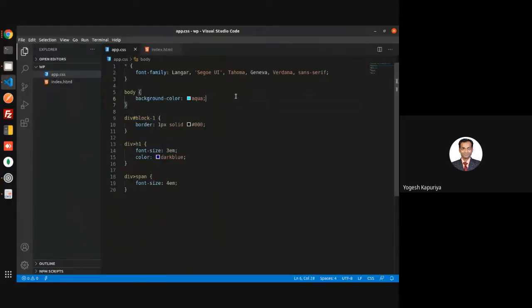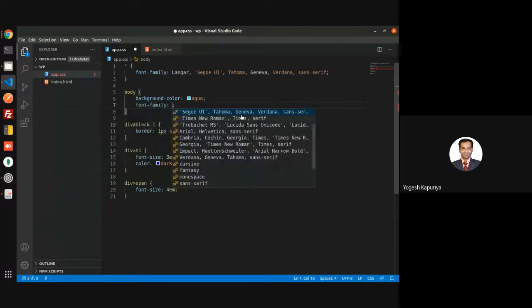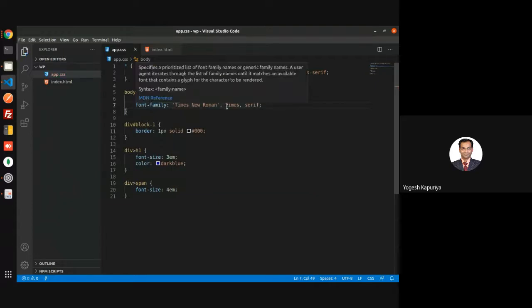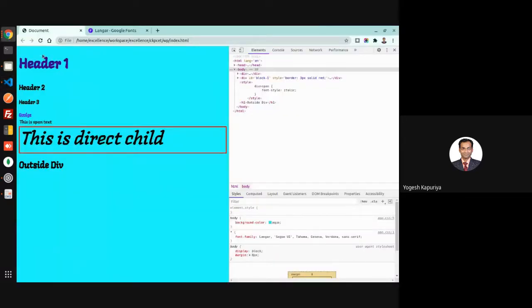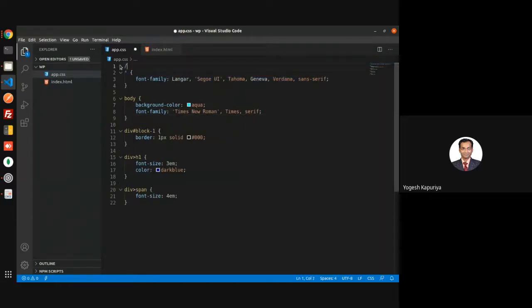Let's say I'm writing this. Remember, this star means you are applying to all the tags.